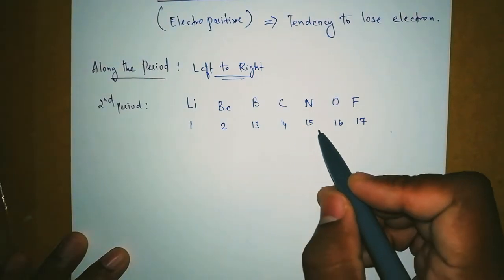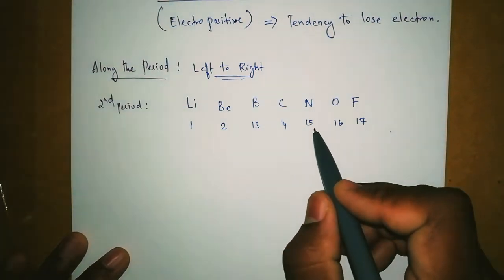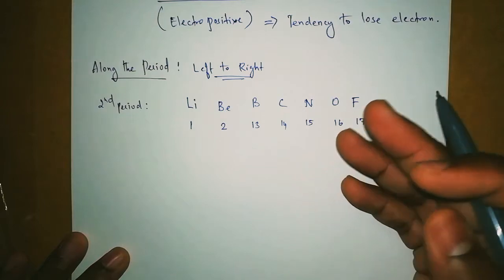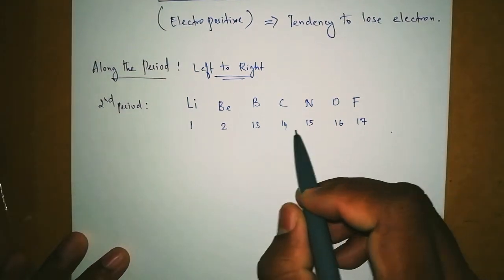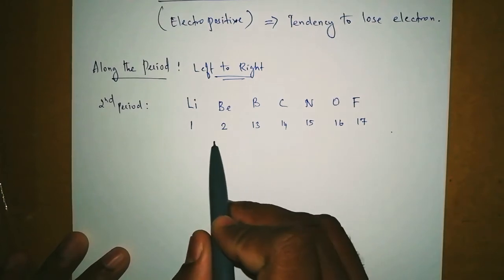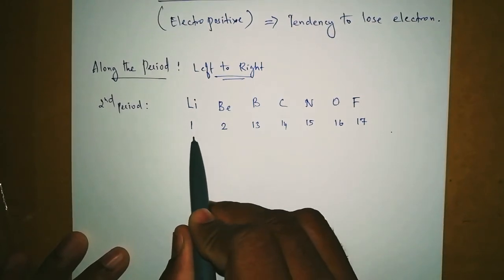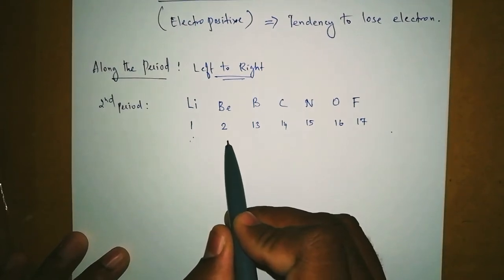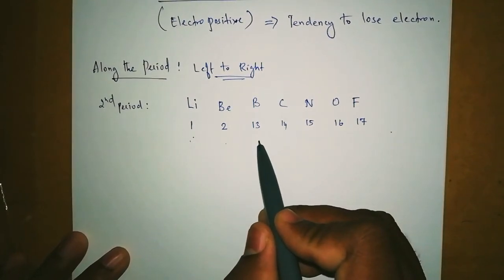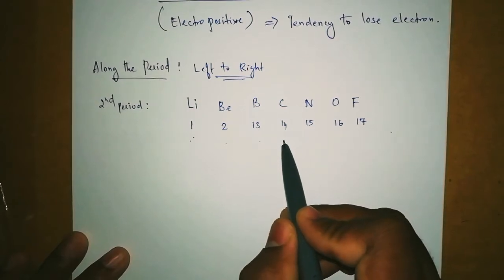And from here, what happens? Nitrogen needs 3 electrons to form an octet, so it never loses electrons. Up to here, what happened? They try to lose electrons. They give one electron just like that, very fast reactive. Then it becomes a little less. Even they become very less. No sharing.